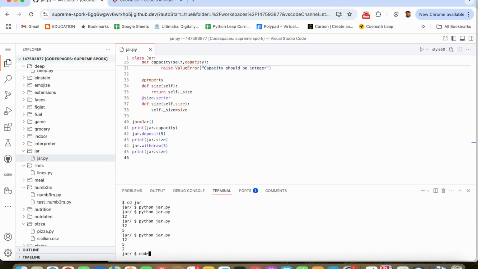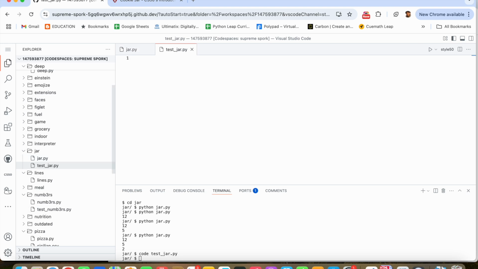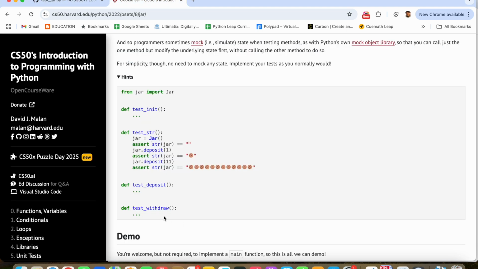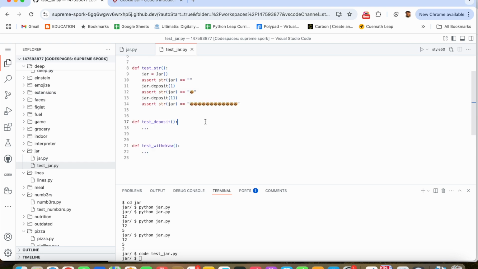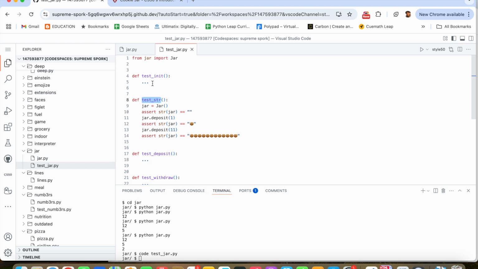So code test_jar.py. Now let me copy this code and paste it. They have already given us the code for testing the string, and we need to test the init function first,